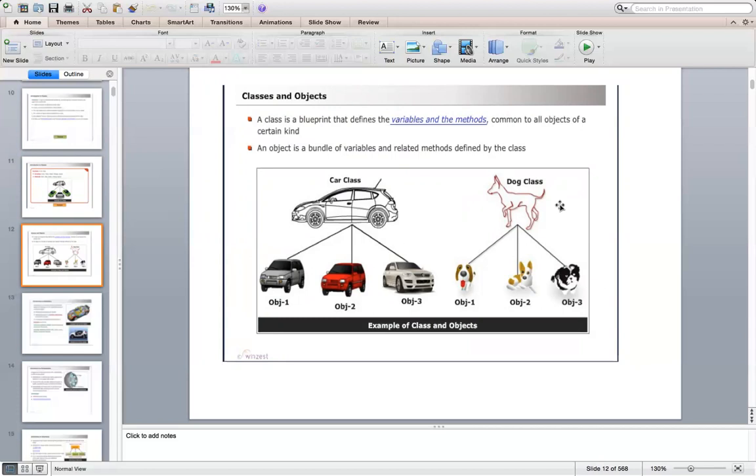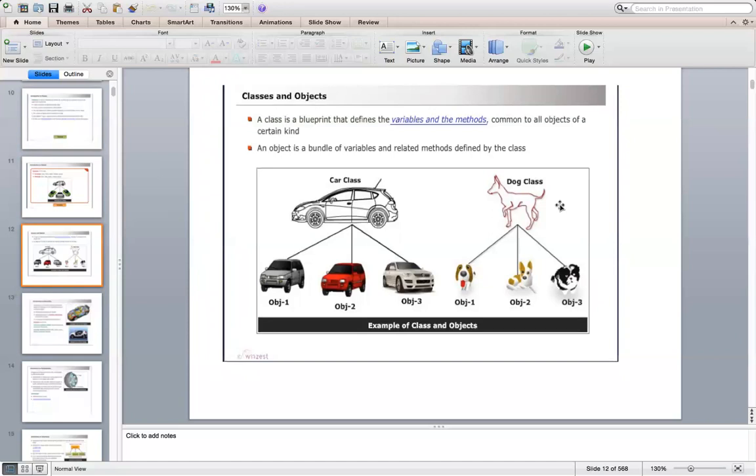This dog's color is white, that dog's color is black, and another is brown. But if you say class Dog, that is an abstraction that doesn't exist in reality. It has some properties, color will be there, type will be there, etc., but it doesn't have the state. When you associate the state to those properties, it becomes an object.